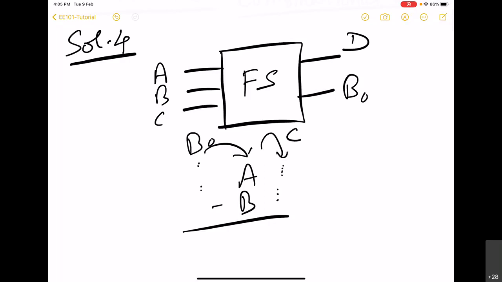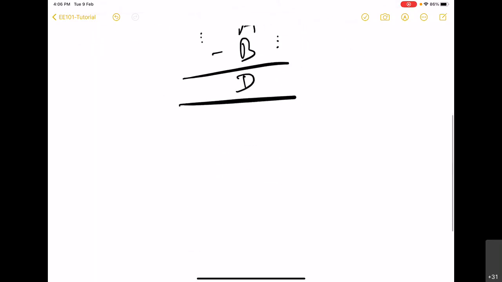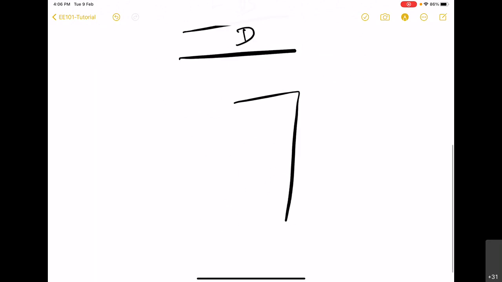The borrow that it has given to the right side stage, right side bits, and the borrow that it might take from the left side to complete A minus B. So here C is taken as input along with B and A, while B naught is taken as output. And D is, of course, A minus B. So this is the explanation of this combinational circuit, but we have to now implement this combinational circuit using our decoder.